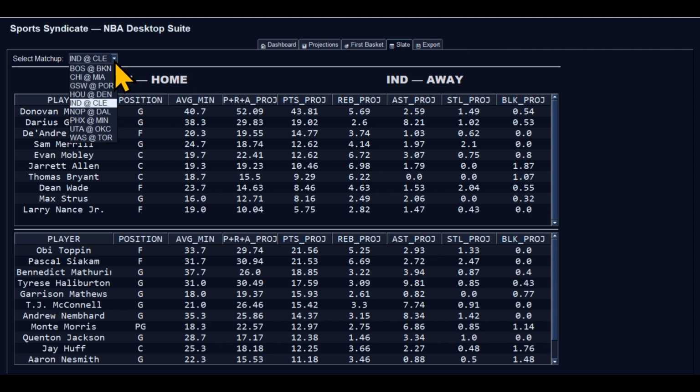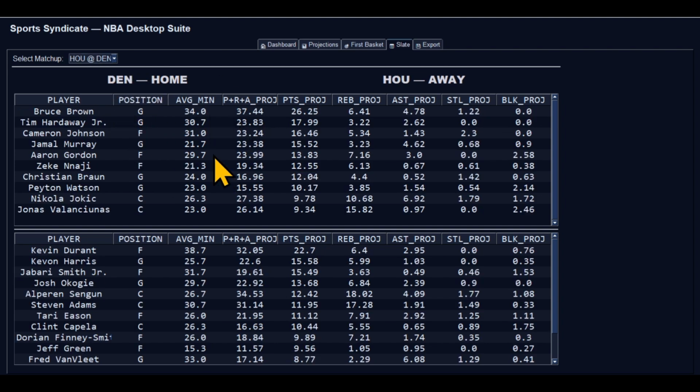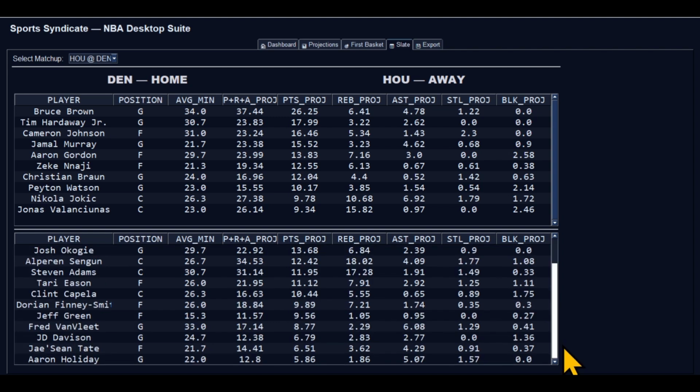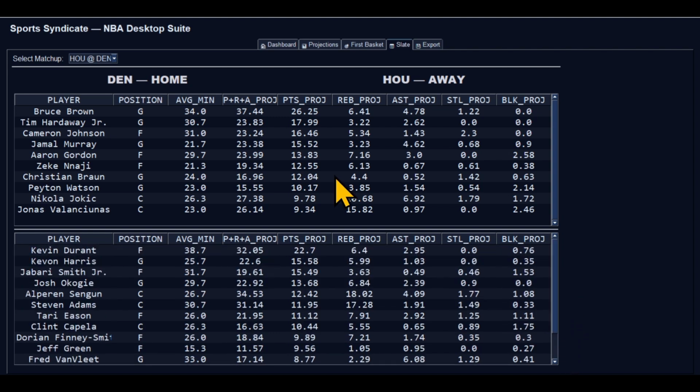Let's switch over and go to, I think that's everybody. I think we touched on everybody. Houston and Denver. Here's Denver at the top. Here's Houston at the bottom. All right, guys. So here's all your lineups. You can just pause the video once I've gone through each matchup to see the projections for each of those